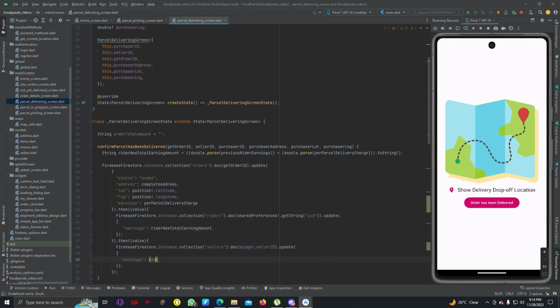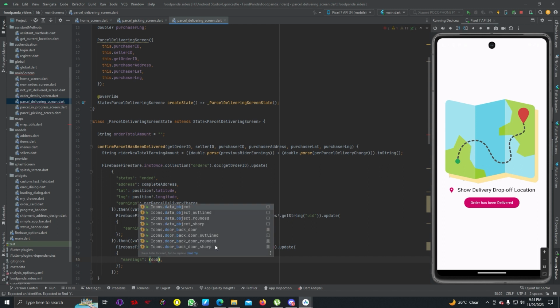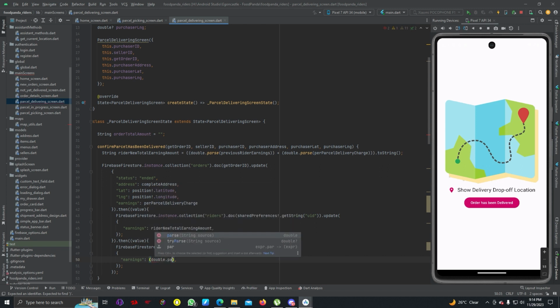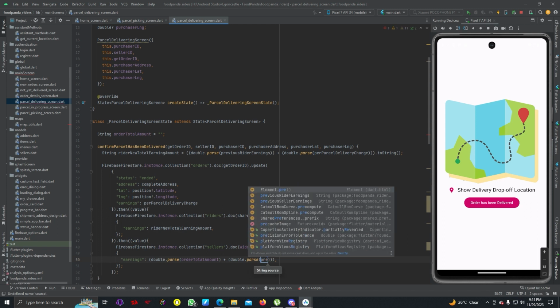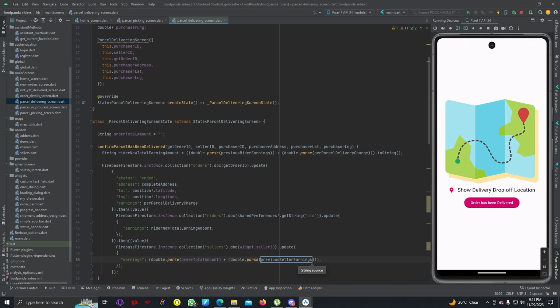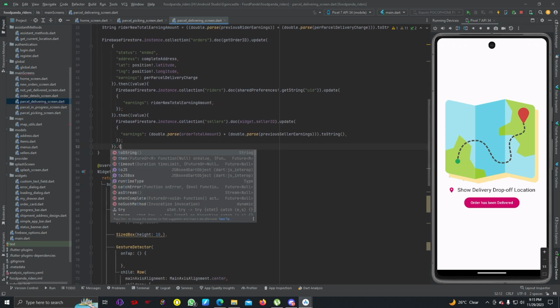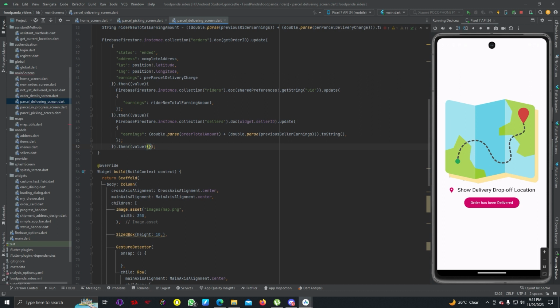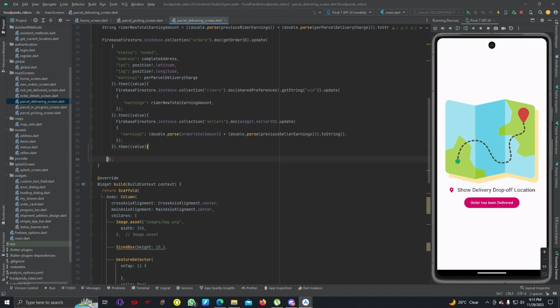double dot parse order total amount plus double dot parse previous seller's earnings dot toString, and after this we can add dot, then again we can write